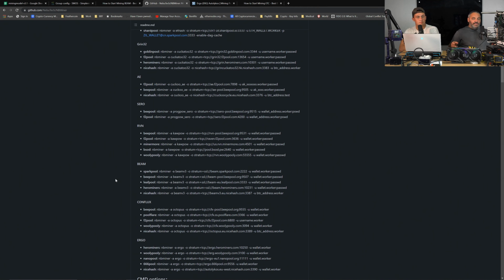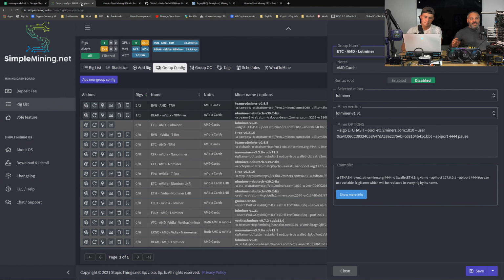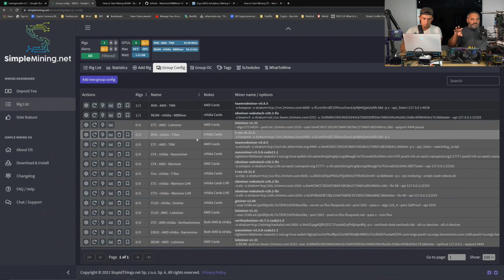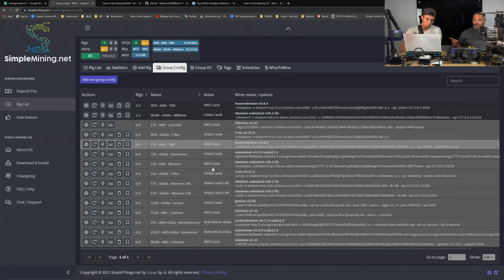And that's why, if we go back to the group config, I want to make sure you guys have a picture. You can hit close on that script here, because all of these ones are good. Well, at least all the NVIDIA ones. I should clarify that. We did test all the NVIDIA ones. We have not tested all the AMD ones yet, because this was the NVIDIA card that we're going to be testing today. So we made sure that we put our particular wallet address in there, and then there are different wallet addresses that we'll make sure